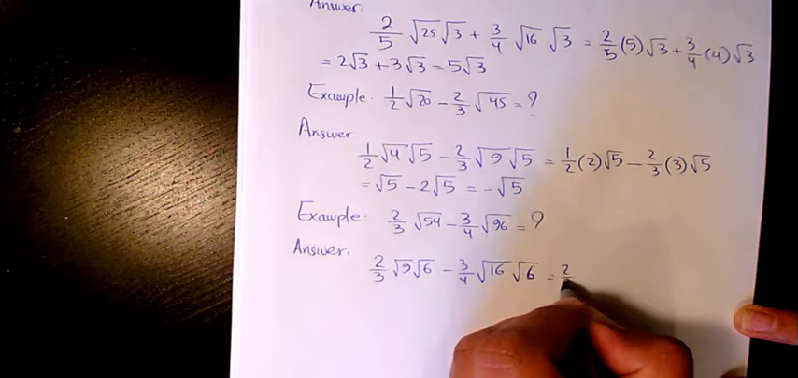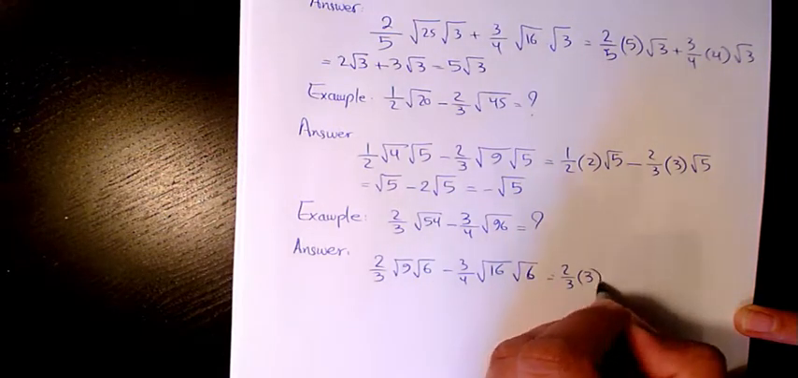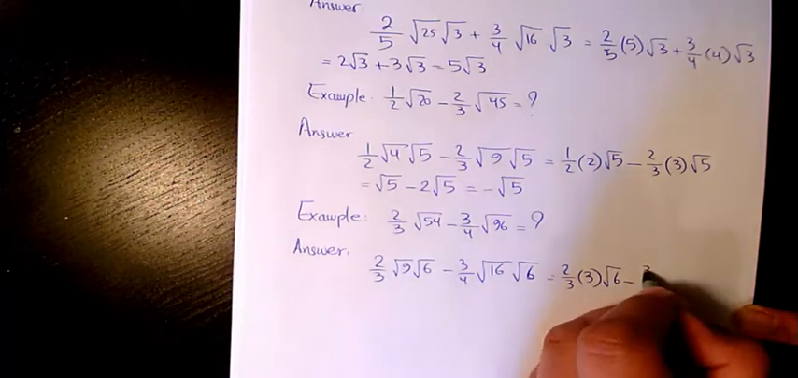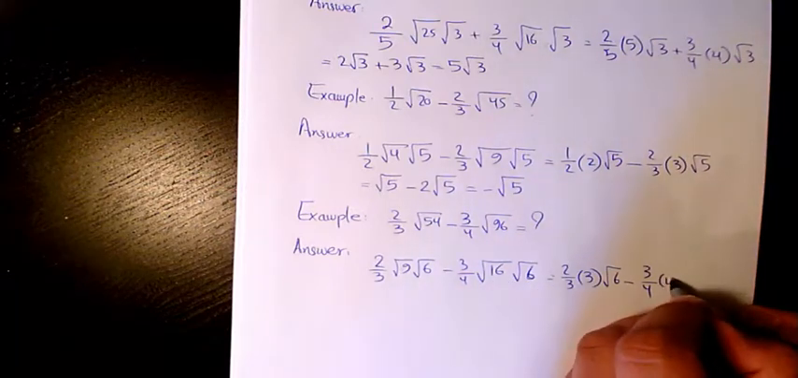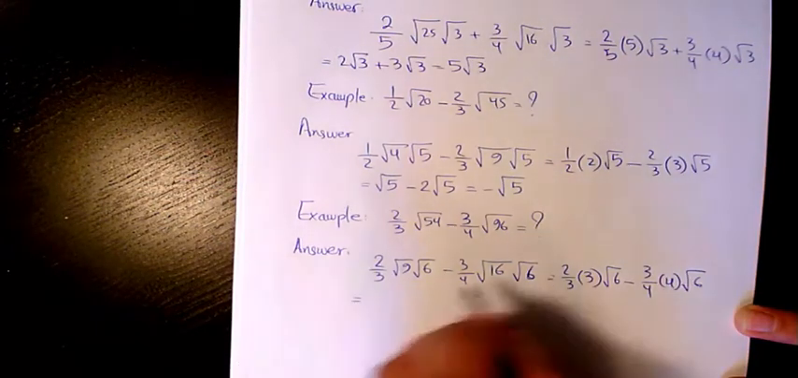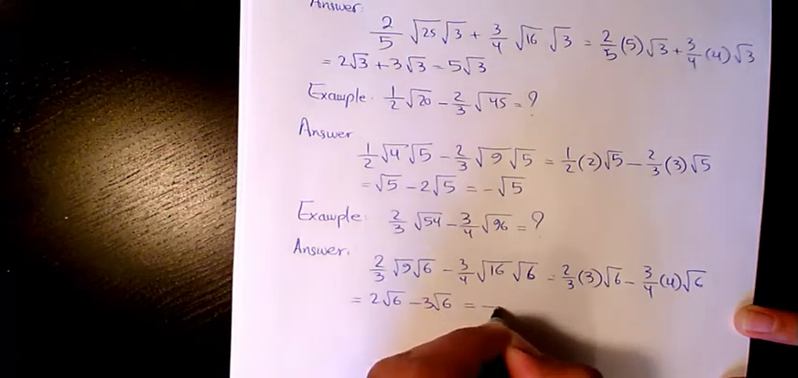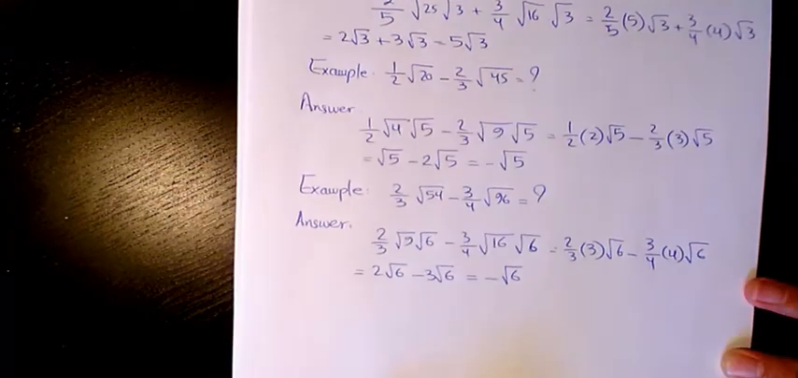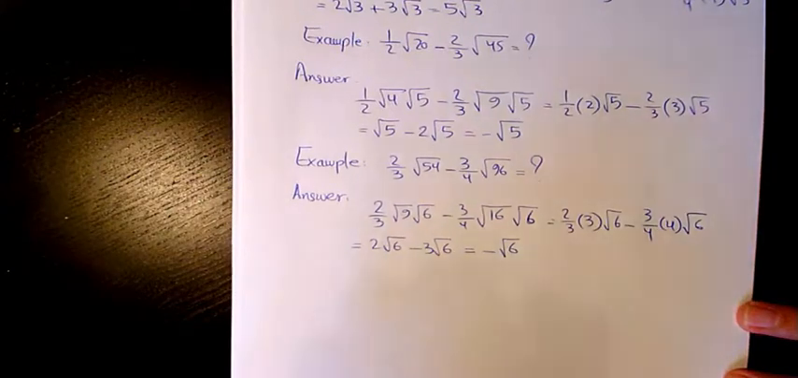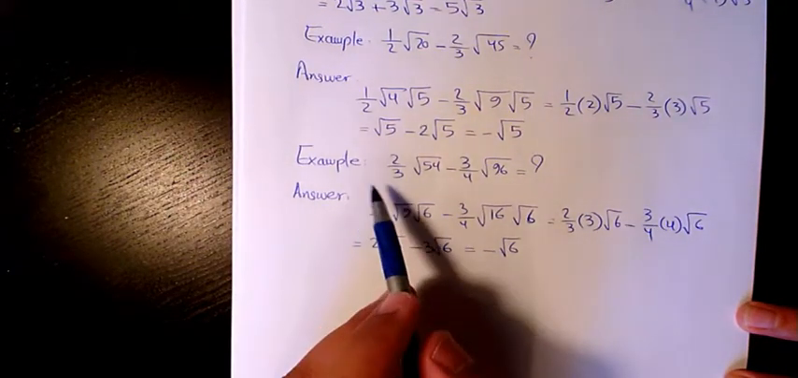That makes it 2 over 3, square root of 9 is 3, root 6 minus 3 over 4, square root of 16 is 4, root 6. That makes it 2 root 6 minus 3 root 6 makes it negative root 6. Next example